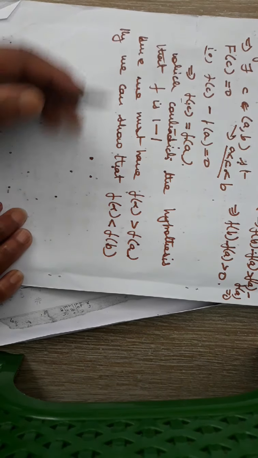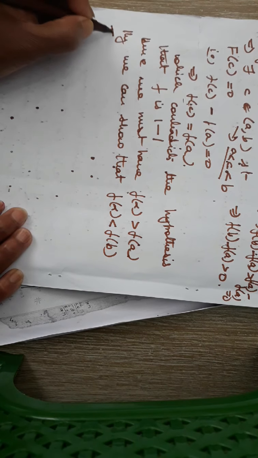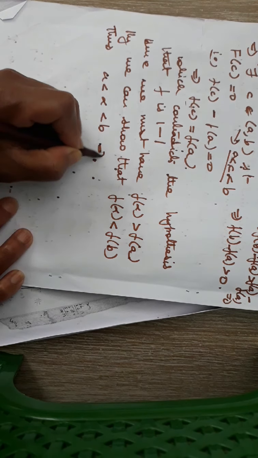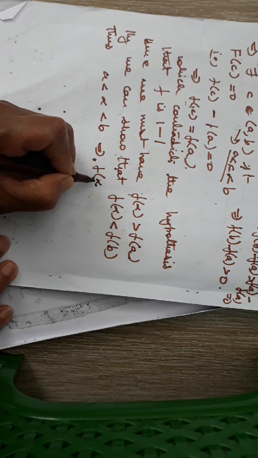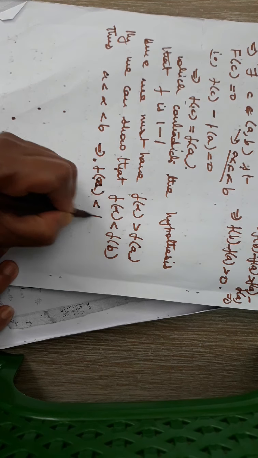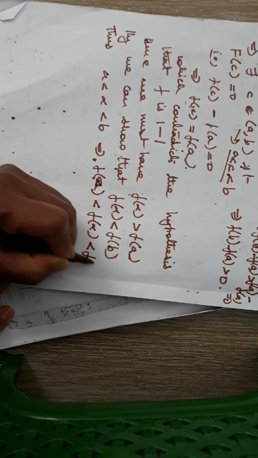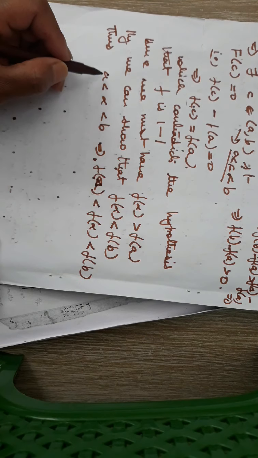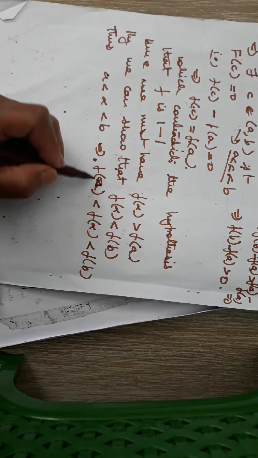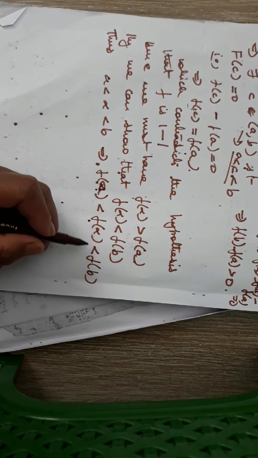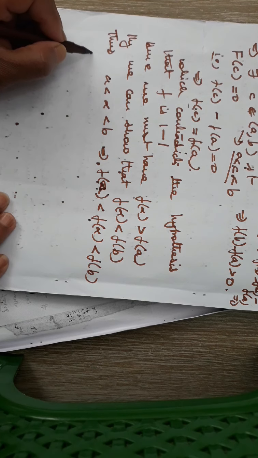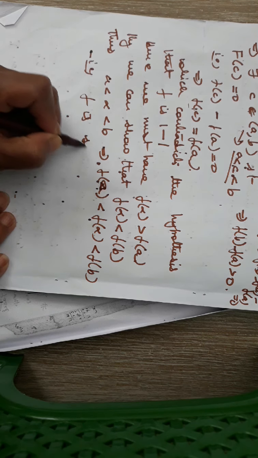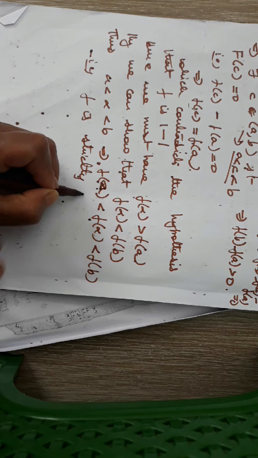So from here, what do we have? A less than alpha less than B implies that f of A is less than f of alpha less than f of B. From these two relations, it shows that with alpha lying between A and B, f of A is less than f of alpha less than f of B. That is, f is strictly increasing